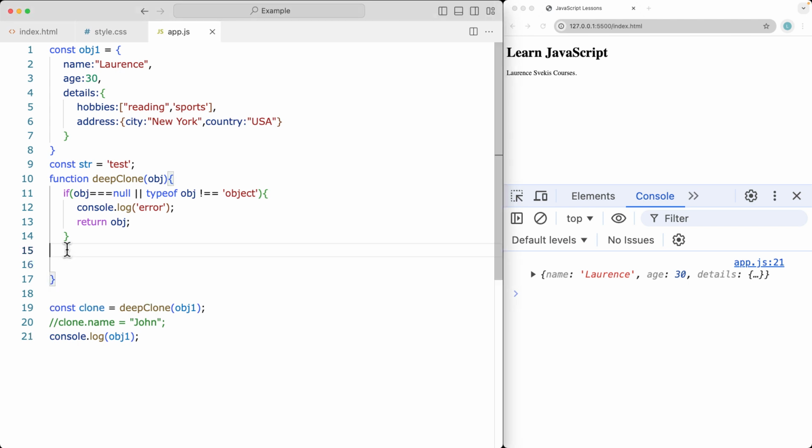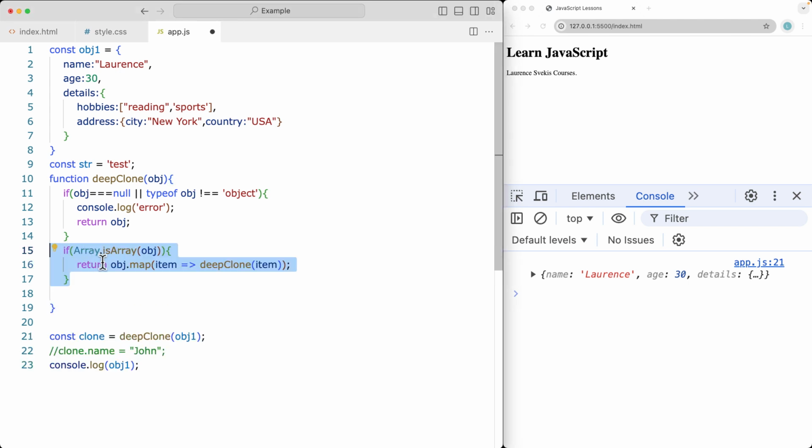So we're also going to add a line so we can handle an array. What this is going to do is return back the array of these deep cloned items. So we're going to send it back into deepClone, the item. So we're detecting if it's an